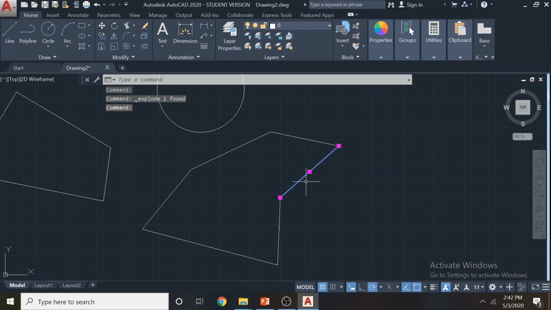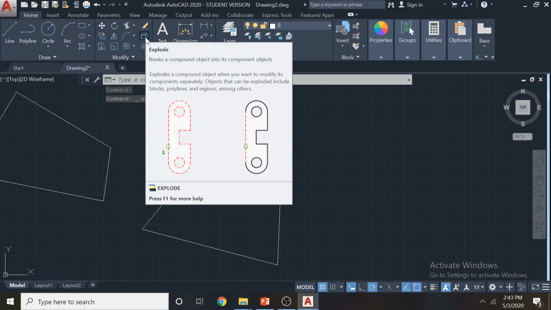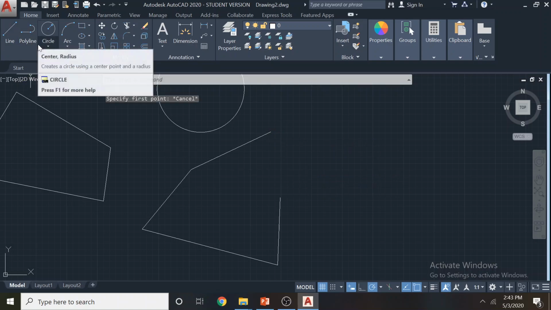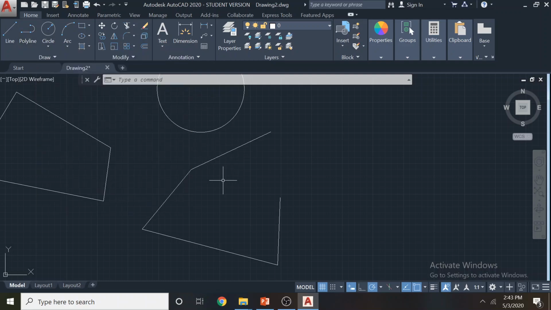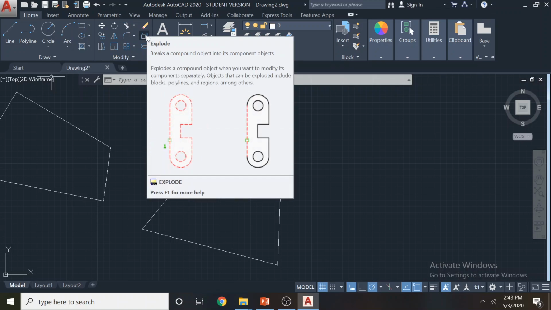Now you see the middle gripper becomes a normal square shape, so I can delete this. Now this is acting as lines, but mind you, you cannot unexplode the thing. This is only a one-way operation. If you explode anything, you cannot take it back easily, so you have to redraw or undo. Okay, so I hope you understood the difference between line and polyline. A polyline has some advantages, but the editing is somewhat limited. If you want to delete some segment, polyline is not very good. Then you have to run the explode command and explode the polyline into lines.